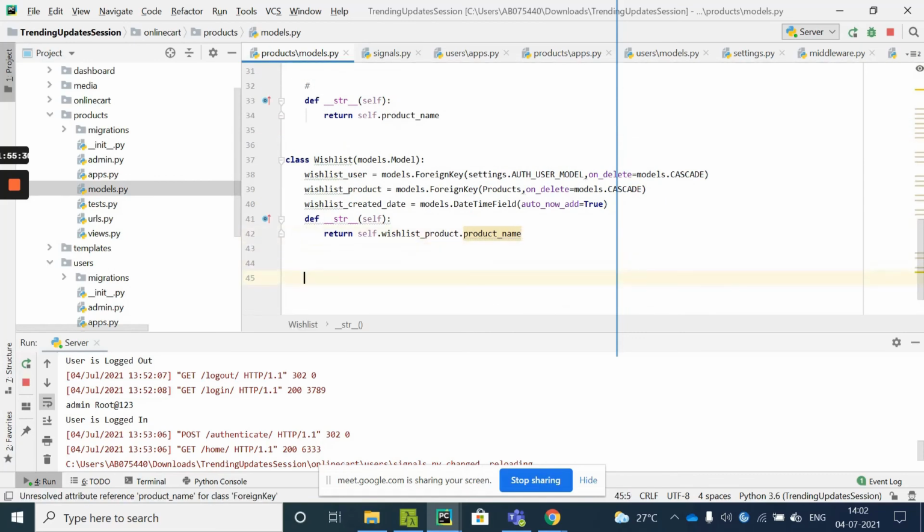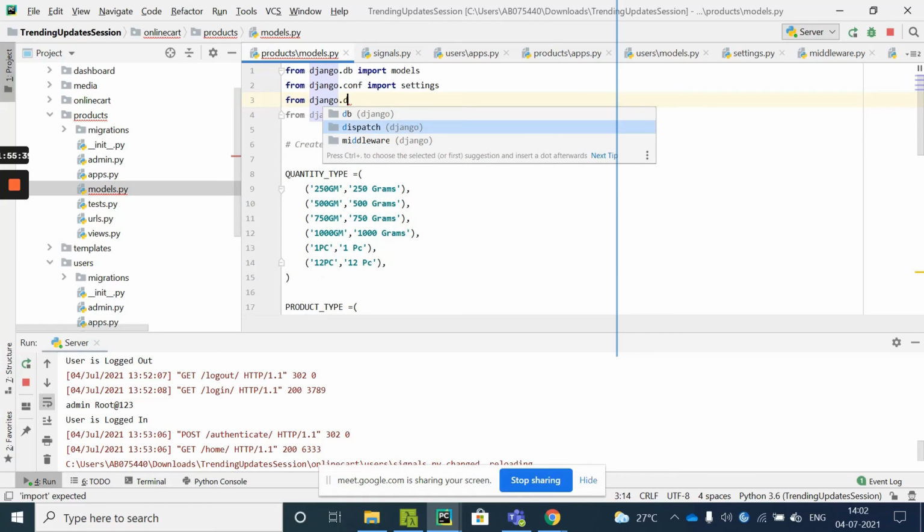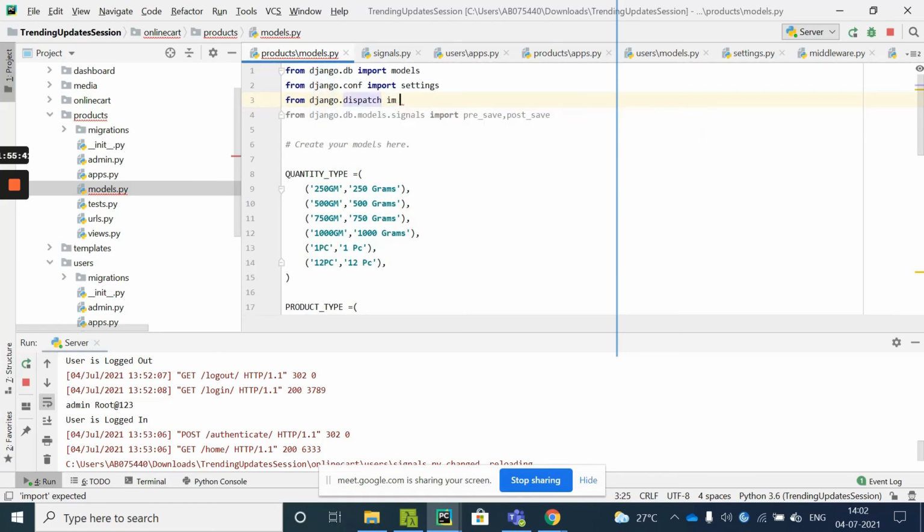So I'll come here, and also I'll import from django.dispatch import receiver.